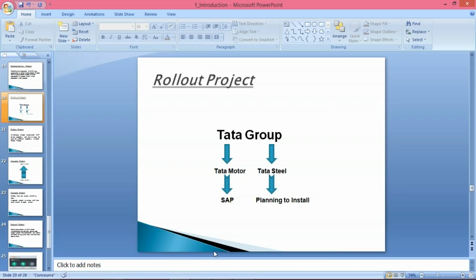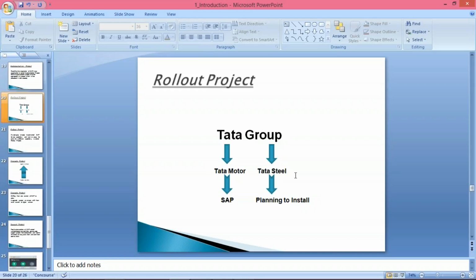Okay, so let's suppose Tata Group has invited certain IT companies. It could be Wipro, Infosys, TCS, any IT companies. Several IT companies are there, so they can invite anybody. They have invited some IT companies for this implementation. So the first time, at group level and at subsidiary level also, the first installation has taken place for Tata Motors. So that is why this Tata Motors project is going to be treated as an implementation project.